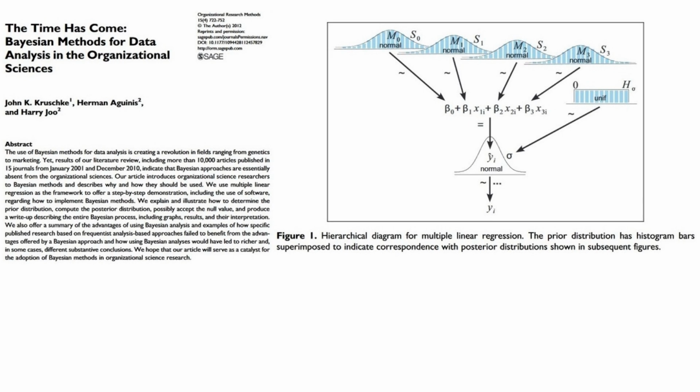But imagine you knew this coin came from a magic shop that sells trick coins that are guaranteed to be extremely biased towards either heads or tails. Interesting. So suddenly that single flip landing on heads becomes way more meaningful. Exactly. You'd be pretty sure you've got the heads-biased coin. So it's the same data, but your interpretation changes dramatically based on what you already knew. That's the core idea behind Bayesian analysis, incorporating prior information to refine your understanding as you gather new evidence. So it's not just about blindly crunching numbers. It's about using context and prior knowledge to make sense of them. Exactly. It's a much more holistic way of looking at data.